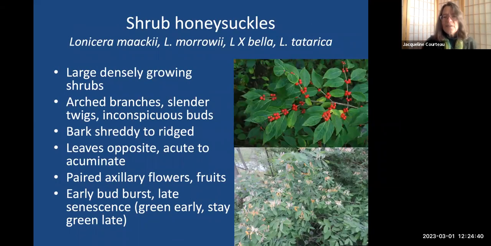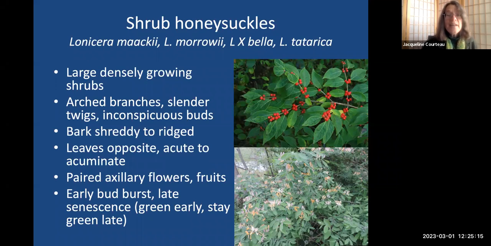Shrub honeysuckles. This is such a huge and complicated set of species. I'm just going to do a broad, rough coverage, because in the end, they seem to act fairly similarly in our wetland grading into upland settings. Some of them, Tatarica is probably more common in wetlands, whereas Maackii is more common in uplands, but let's just go through these briefly. So Lonicera maackii, Amur honeysuckle,